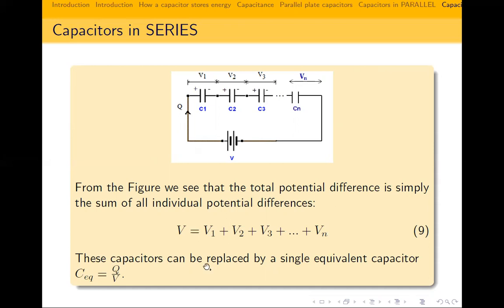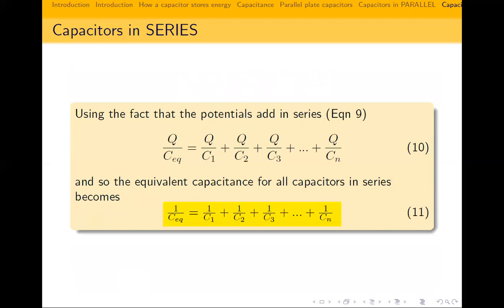Then we need to replace these capacitors with a single capacitor. In other words, we are looking for an equivalent capacitor that will behave the same way as all this. To do this, we will use the main charge Q and the total voltage V. So we'll say the total capacitance will be Q over V, where V is now the main voltage and Q is the constant charge. So if we substitute,